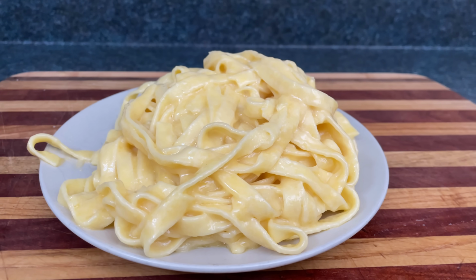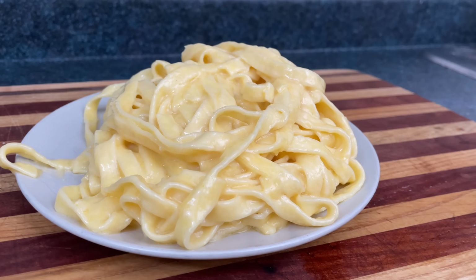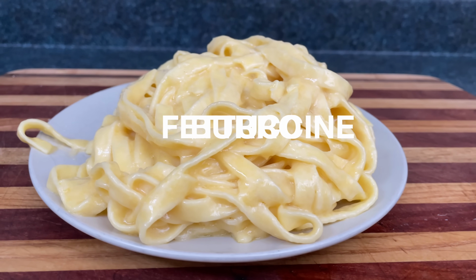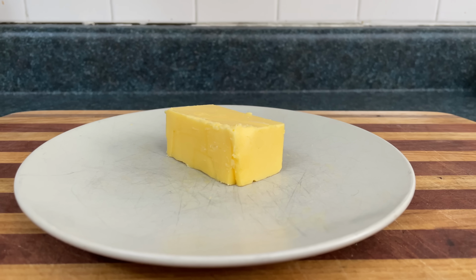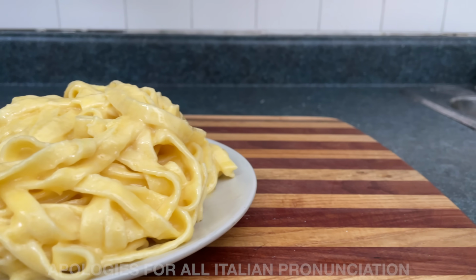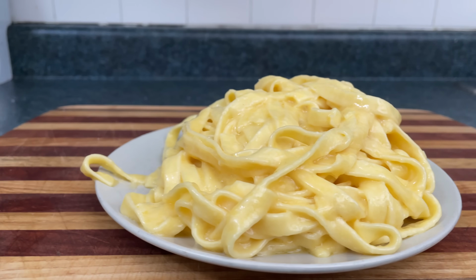Fettuccine Alfredo is a simple 3-ingredient pasta that's made using only 3 ingredients. It's often known as fettuccine al burro in Italy, which translates to butter fetish. It's made with just pasta, hard milk, and soft milk, also known as grease milk. This dish was invented by Alfred Di Lelio in 1908, back before cream was invented and all people had was